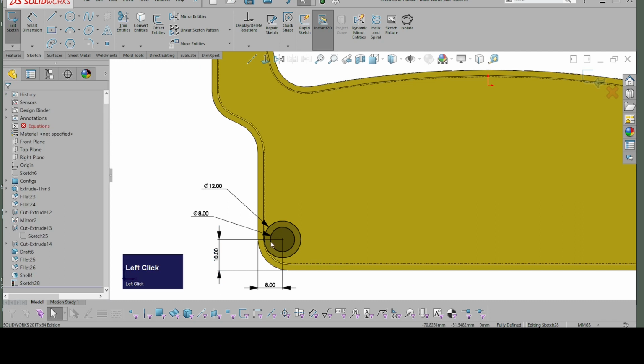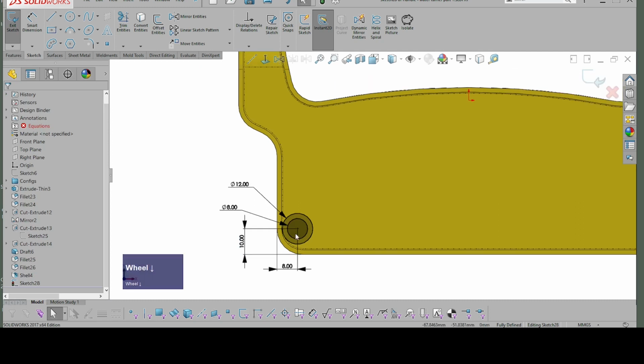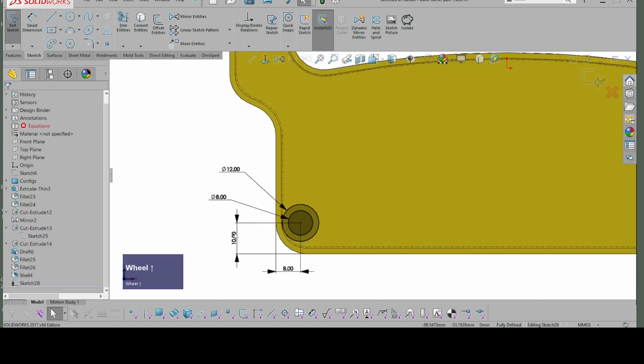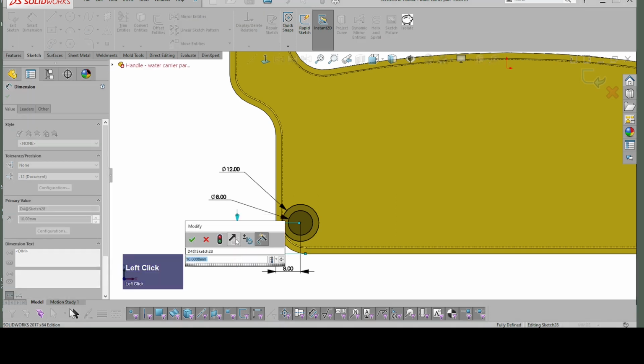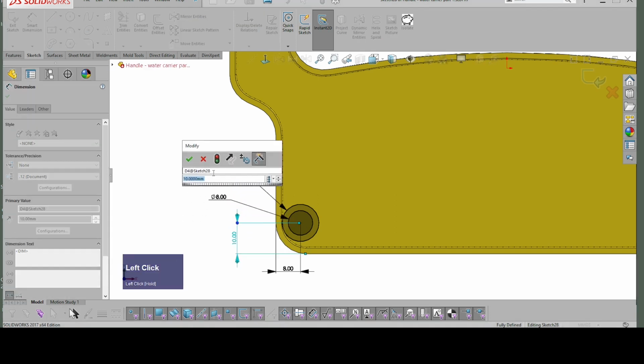Let's say, for instance, I don't want to have to enter these 2. I want to make them equal, but I don't want to have to change them one by one. I want to change them both at the same time. So I can select one of these dimensions, and I can make it equal to the other. Here it doesn't matter which you do to which, so I'm going to select this one. I'm going to double click on it,